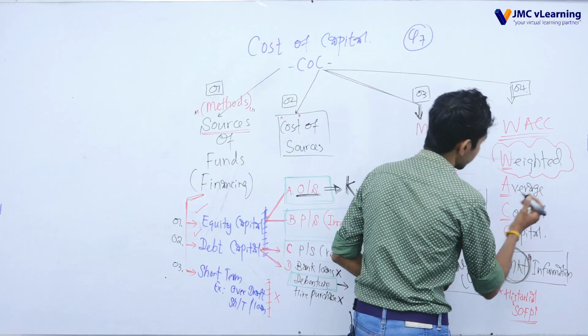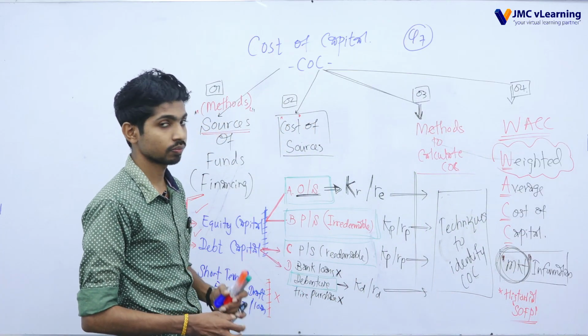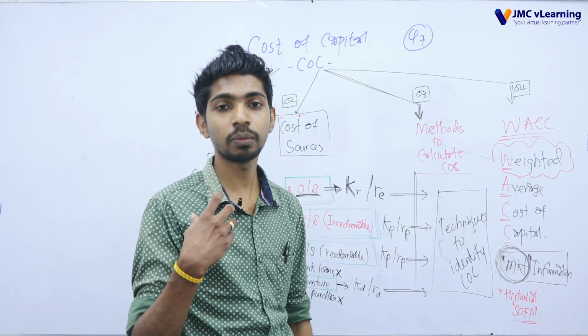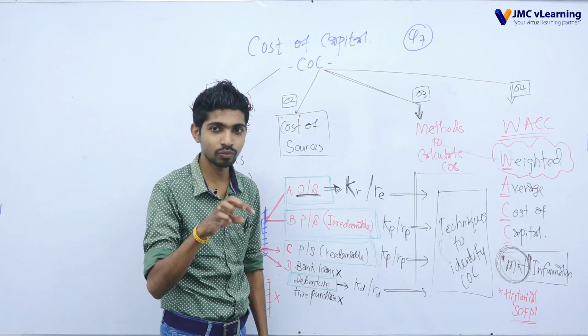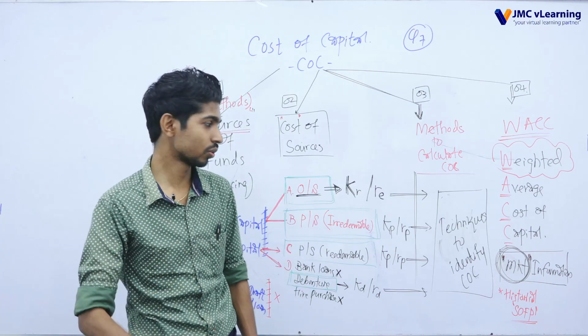When we calculate in the back, you have to get the information from the market information. Fortunately, in your paper, those information will be provided. Then you have to do the simple thing: get those information, do the workings and get the answer. No need to worry about those things.